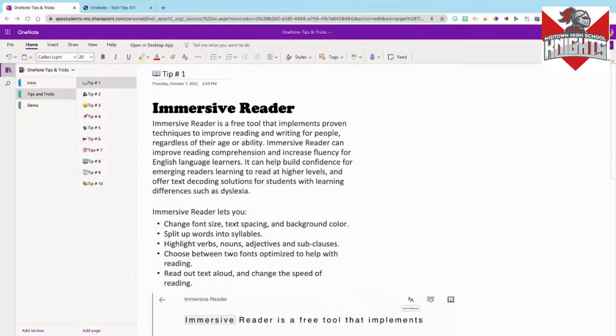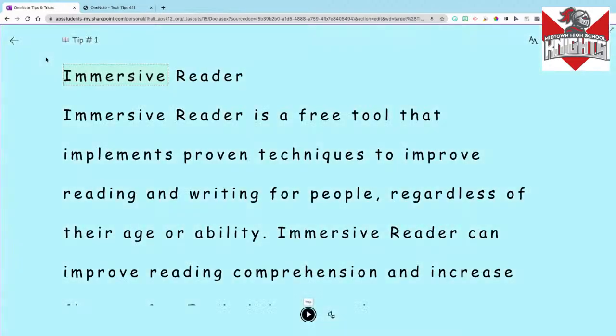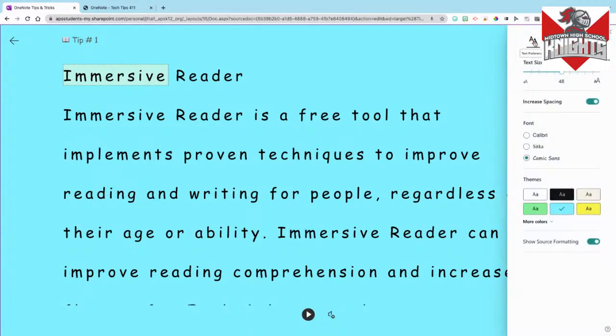So I want to have this text here all about Immersive Reader, and I'm going to go up here to the upper left-hand side, and I'm going to say I want to view. So I'm going to choose to view, and I'm going to say Immersive Reader. And when I do that, it's going to bring that text into the Immersive Reader tool, and I can actually customize that. So up here in the left-hand corner, I can actually adjust the text size,